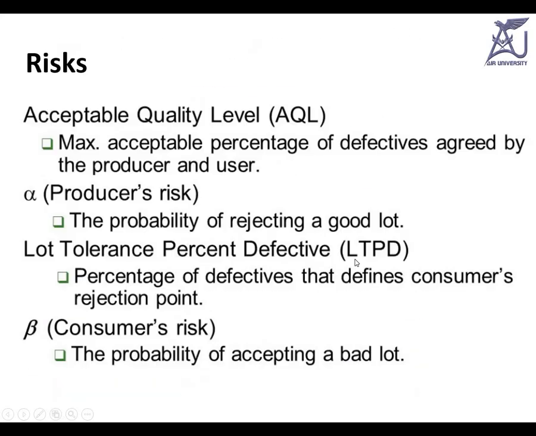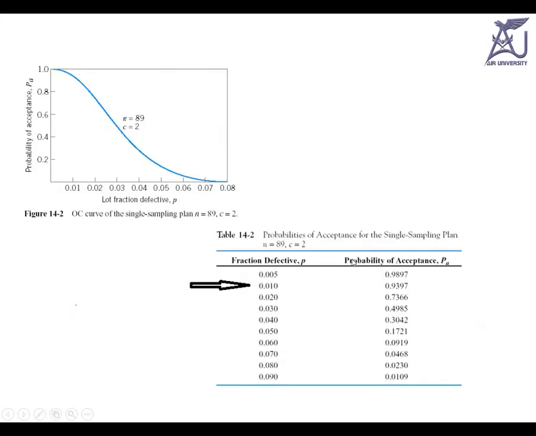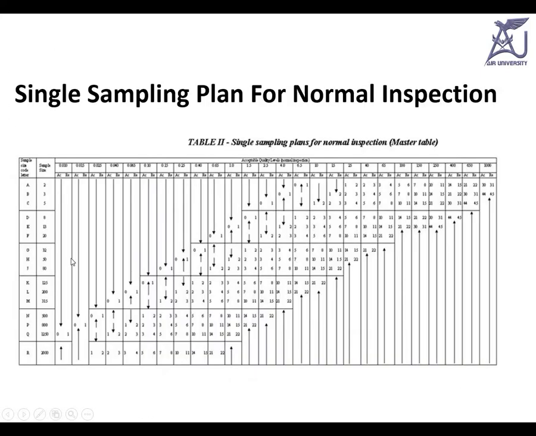Okay, coming to this letter L, once it is selected, like J, K, L, you will see what was the acceptance number between you and the producer. So once you have decided that the accepted quality level is maybe 2% or 3%, then you can look into that number. So these are the percentages. For example, this is 5%, and so on. So you can look at that accepted quality level, and then you can look at what is the C. So this is the C, and this is the rejectable number.